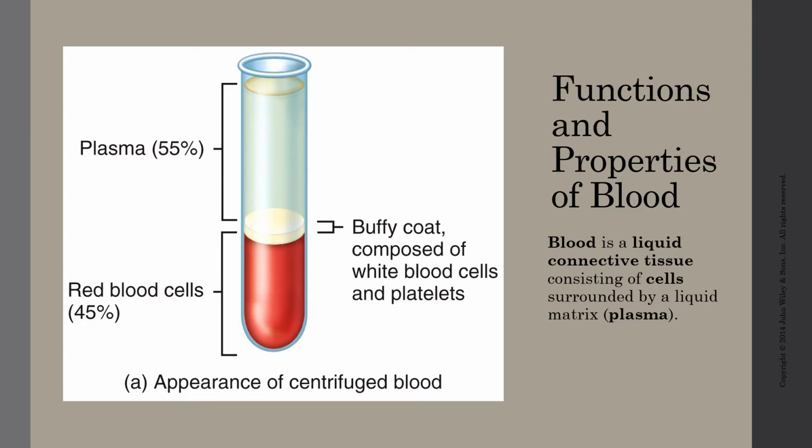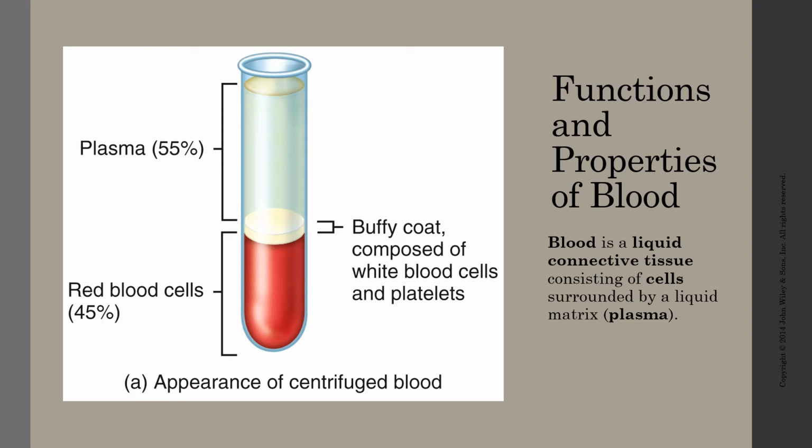So most cells, at least in a multicellular organism like humans, are pretty stationary. So they can't really move around themselves to get oxygen or to get nutrients or to move to a different location to eliminate wastes or carbon dioxide. So because of that, these needs are met by two different fluids, by the blood and by the interstitial fluid